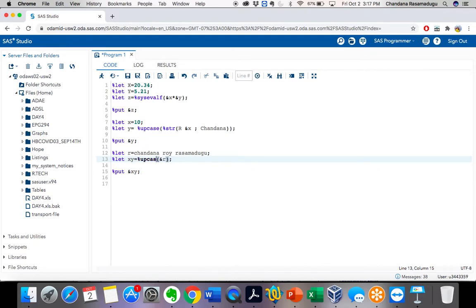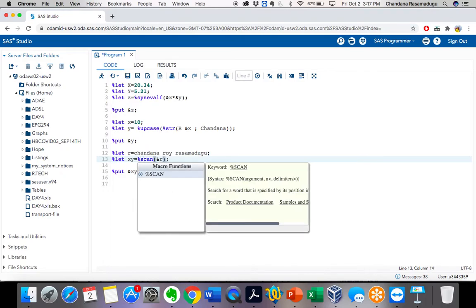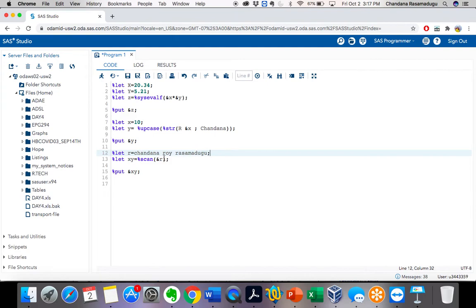So let's take %scan. What this scan function will do is search for a word that is specified by its position in a string. Here I have taken &r and comma 2.